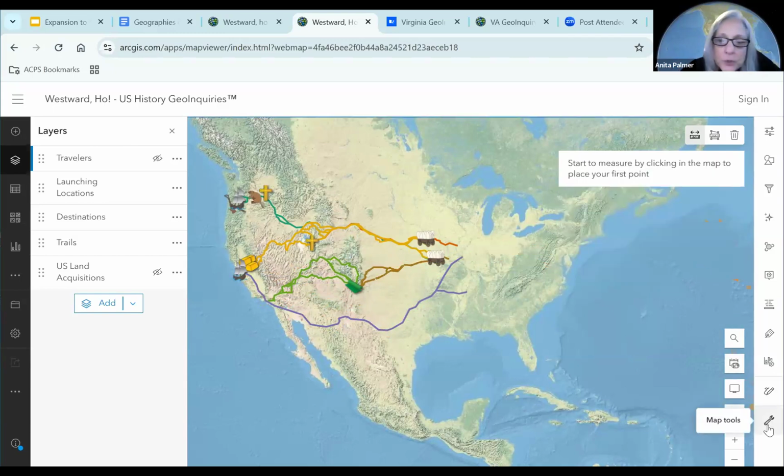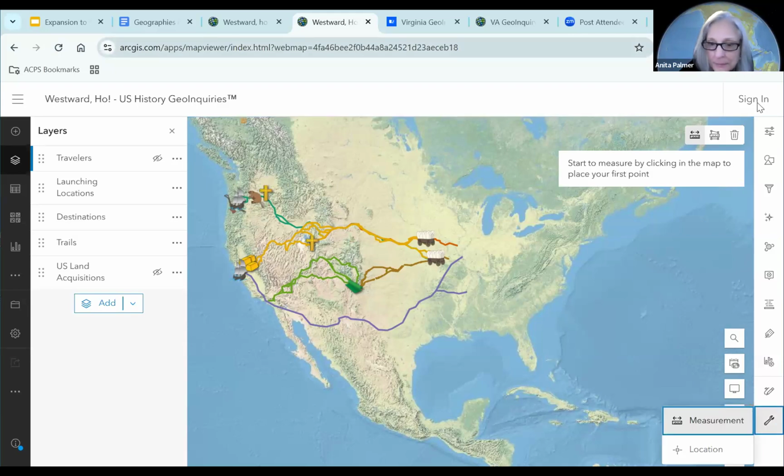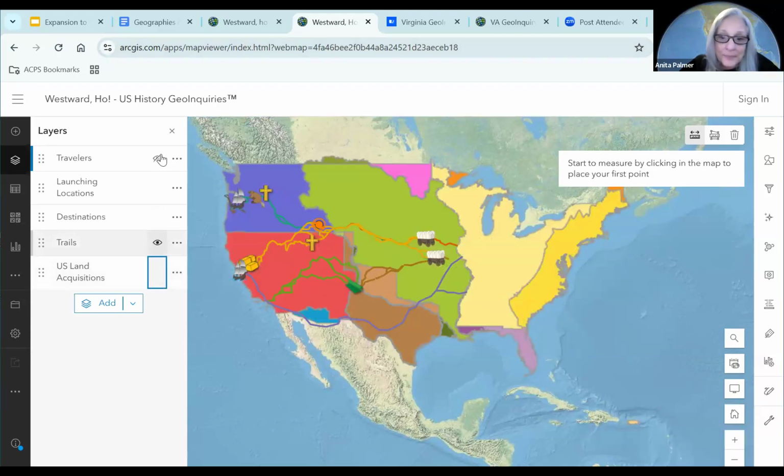A wagon train traveled approximately 15 miles per day. So they can do a little bit of math. The Oregon Trail pretty much took about 133 days, give or take. So that's about 4 to 5 months. And then our final question here is, why were the networks or the trails established where they were? So if you turn off the acquisitions,